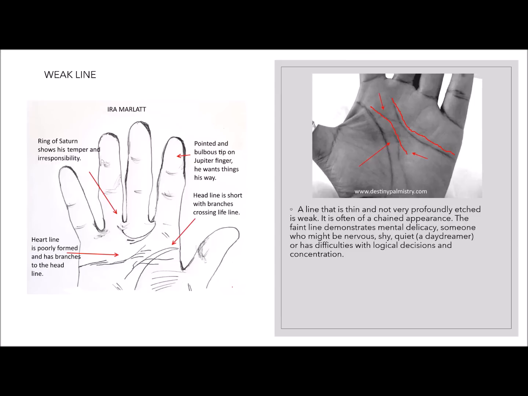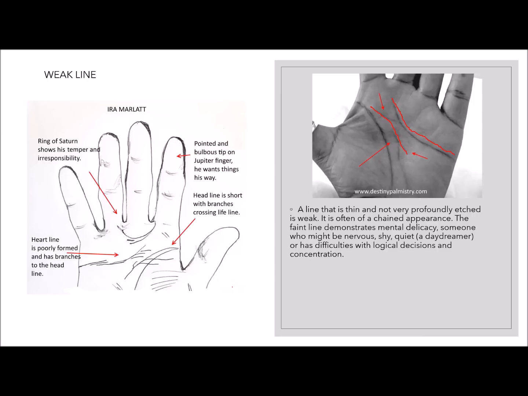Another example: I've got a drawing here of Ira Marlat. He was a so-called prison demon. He served a life sentence for murder in the year 1890, a long time ago. He had a very poorly formed headline and heart line. His heart line had branches that were reaching towards the headline, almost like a simian line variation, which we'll talk more about in other videos. But his noticeable branches,